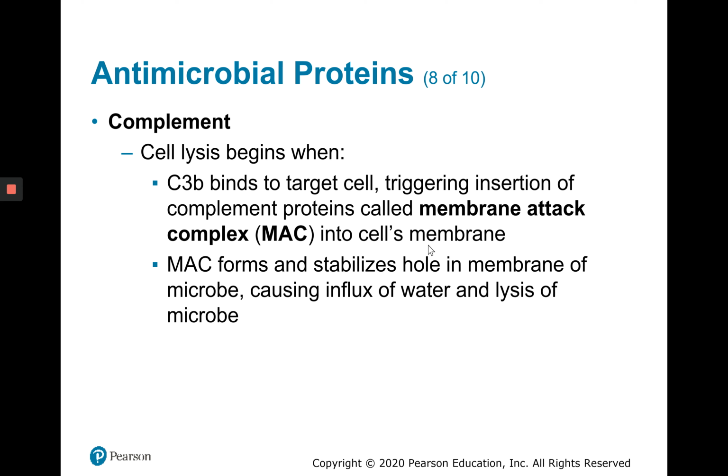And because there's a pore, what can occur is the influx of water. And when water influxes quickly into a cell, lysis usually soon follows. And so the cleaving of C3 into C3a and C3b can lead to cell lysis because of C3b acting as a target cell binder. So C3b also causes some opsonization. It can also act as a cell marker that can increase not only inflammation, but also the process